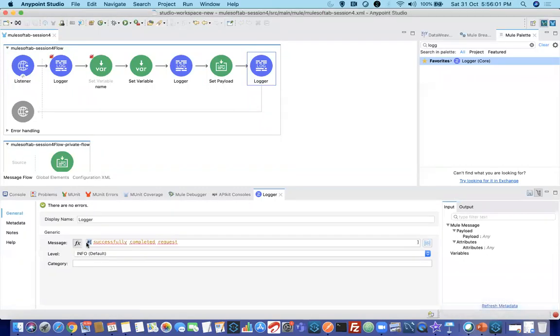Whenever you're clicking on fx, it will give an error because successfully completed and request are not syntaxes. When they are not syntaxes, keep them within double quotes. Okay, that is very, very important. Then I'll do plus plus. This is also one of the questions they might be asking, how to print in logger. Then you can do plus plus payload. I'll give something like colons for a better way. Okay, I'll save it.